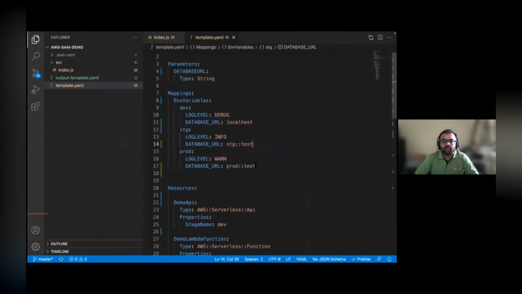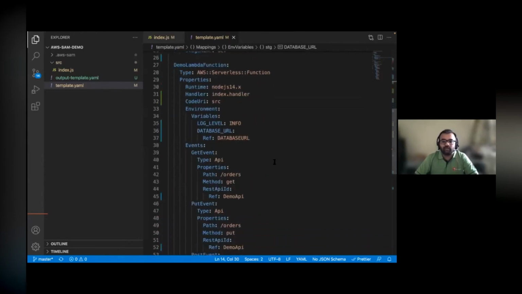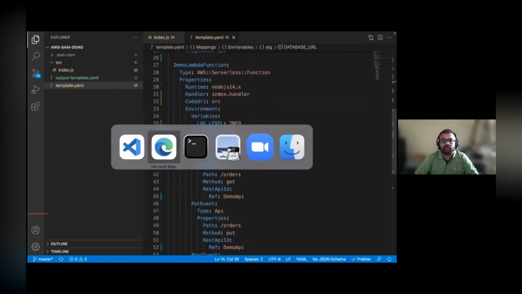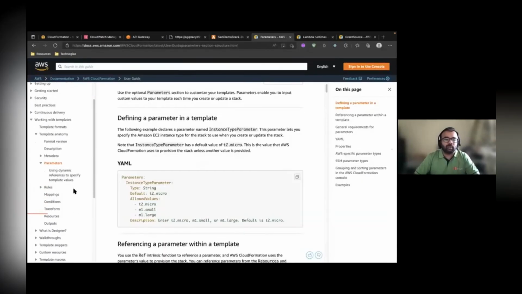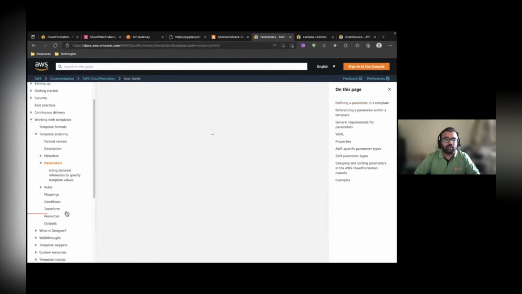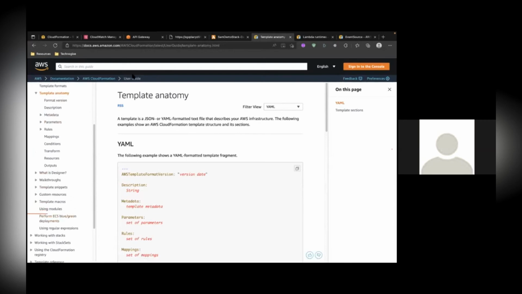So next is the mappings. How do you use these mappings in your resources, right? For that, we have some other intrinsic functions, and this would be a good time to go to intrinsic functions. I go to template anatomy, and then I have my